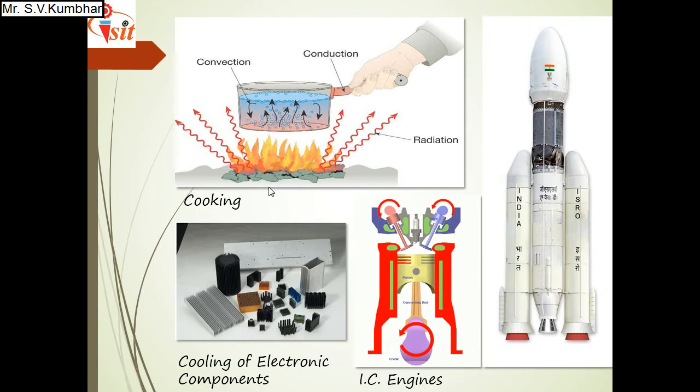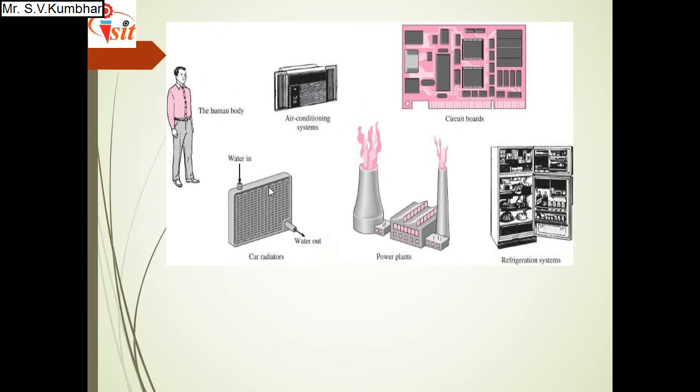Another important application of heat transfer is the space shuttle. Again, in a space shuttle, the heat transfer phenomenon is observed. A few more examples: human body, the temperature of the human body is controlled by the phenomenon of heat transfer. Second example is the air conditioning system. In an air conditioning system, hot air becomes colder with the help of the air conditioning system. Car radiator, as we have already discussed, here water is circulated over the wall of the engine, which becomes warmer, and that warm water is again cooled back with the help of the car radiator.